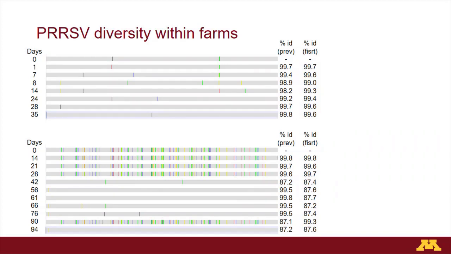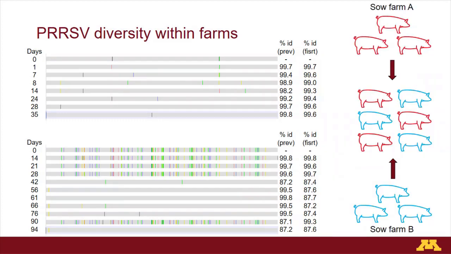So since we're only talking about 3 months difference, what we believe might be happening is a situation like this, in which the farm is probably receiving animals with different virus originally, and since we only have one sample from the farm at one point in time, we sometimes sample virus from farm A and sometimes sample virus from farm B. So it's very hard to try to understand viral evolution in a farm in a scenario like this, because we might not be capturing all of the diversity within that farm with just one sampling.